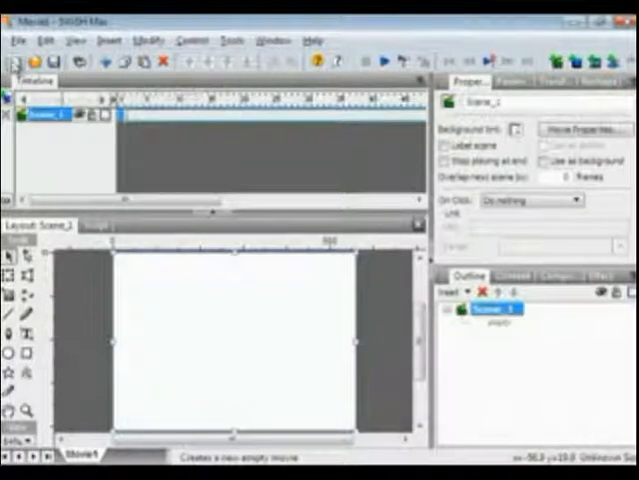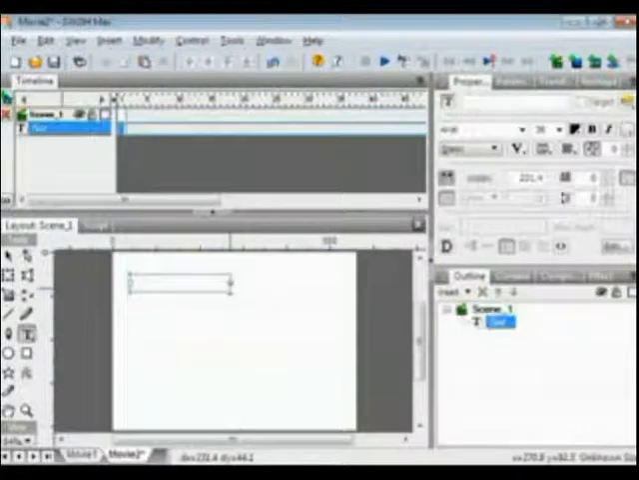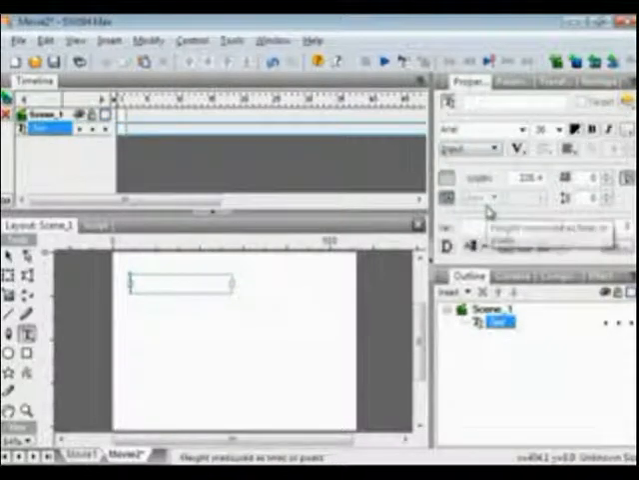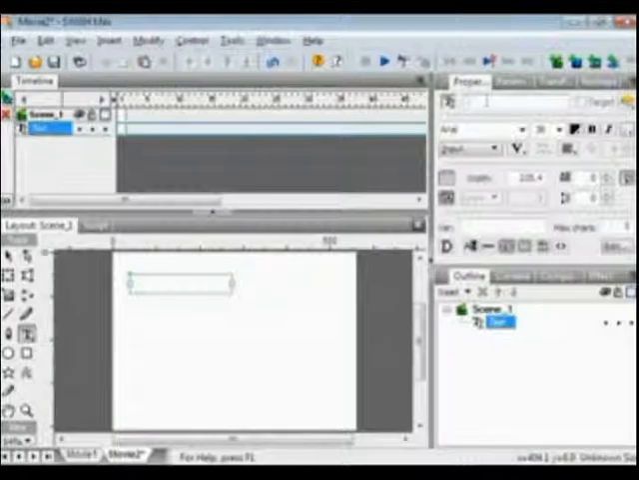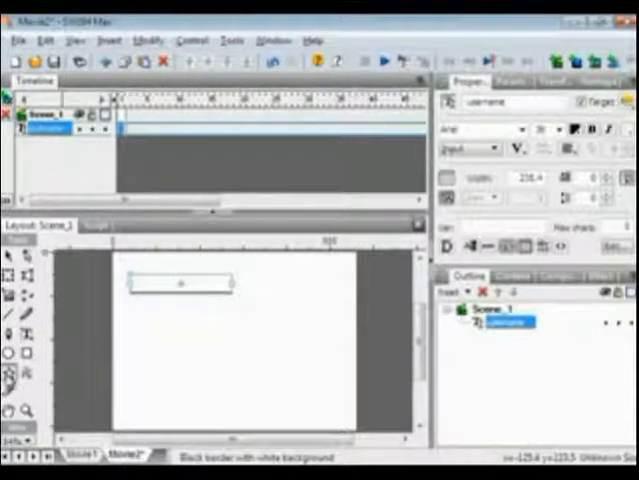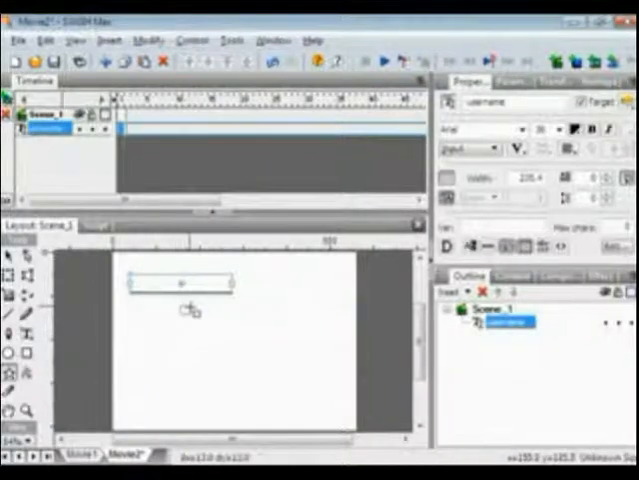So, new blank document, then write a text. After you write a text, it should be input text, then write the name, for example username. Then always make sure you tick the target, so black, click the black and black border. So go to the auto shape, then 3D button rounded,